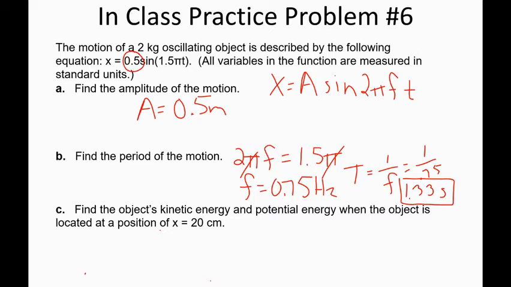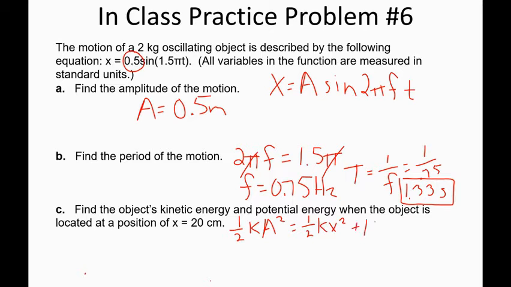Okay, so now this next question says, find the object's kinetic energy and potential energy when the object is located at a position of x equals 20 centimeters. So what do I know? Well, I know that my total mechanical energy is 1/2 k a squared. And that's equal to my potential energy, which is 1/2 k x squared